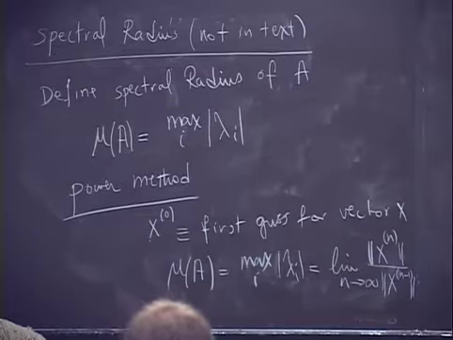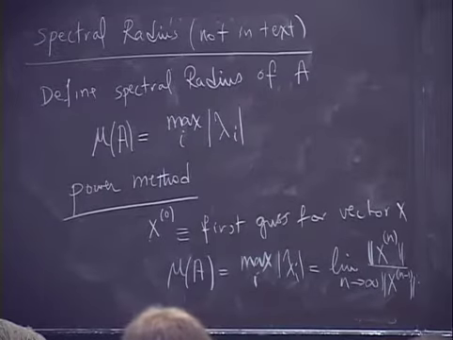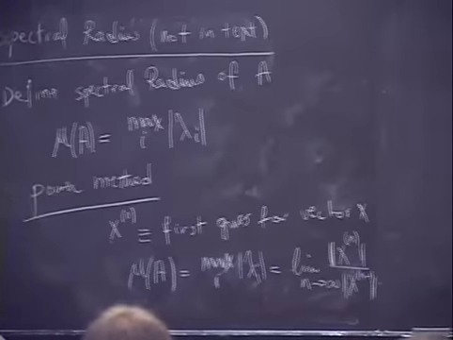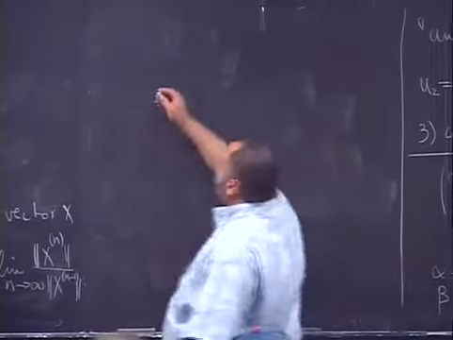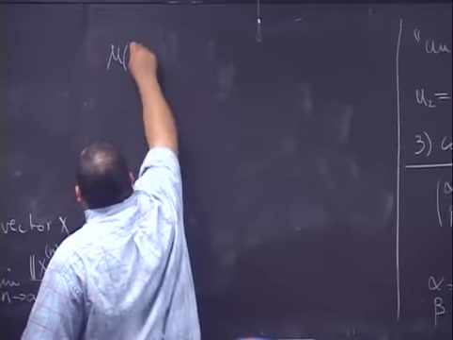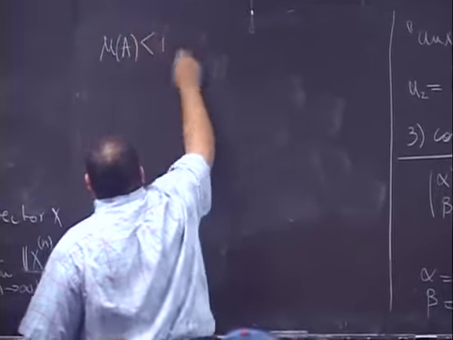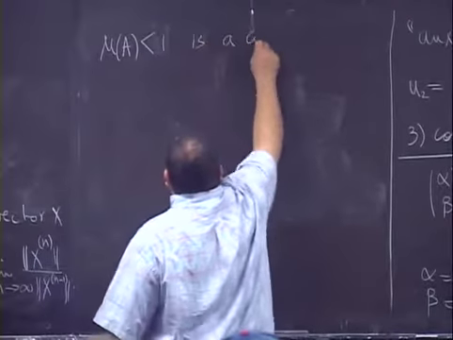Again, the spectral radius is the largest eigenvalue, and in the next lecture, or the lecture before, we will show that in order to solve a linear system of algebraic equations with a very large sparse matrix using an iterative technique, the condition is that you have to have the spectral radius less than 1. So mu of A less than 1 is a